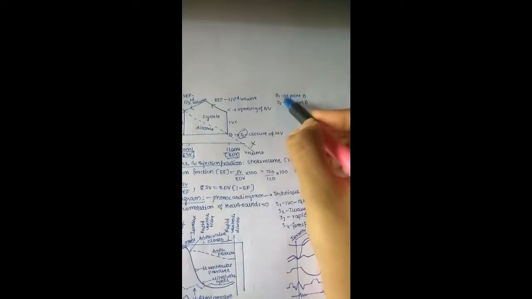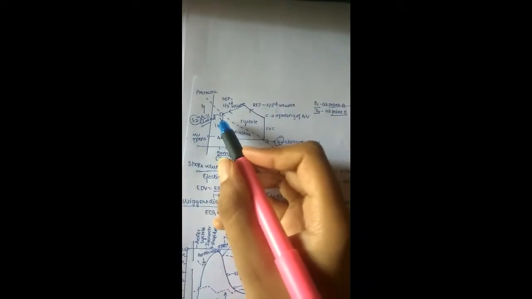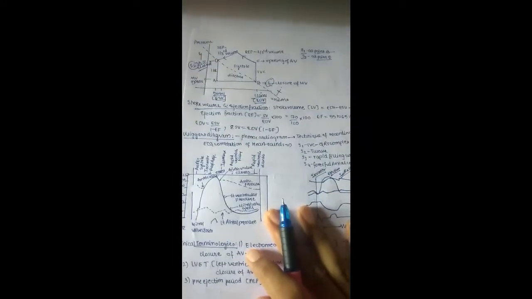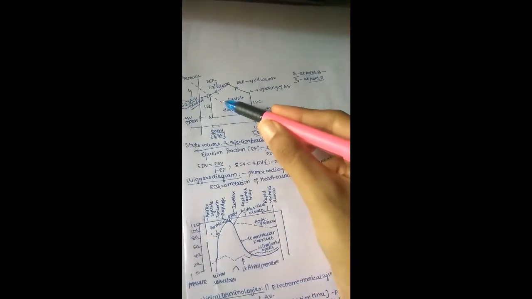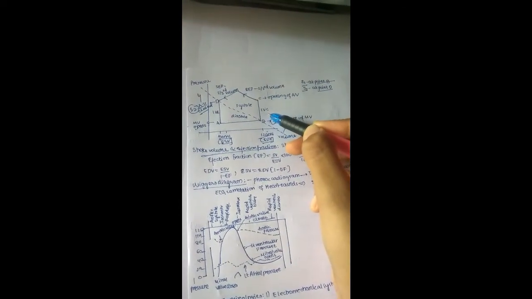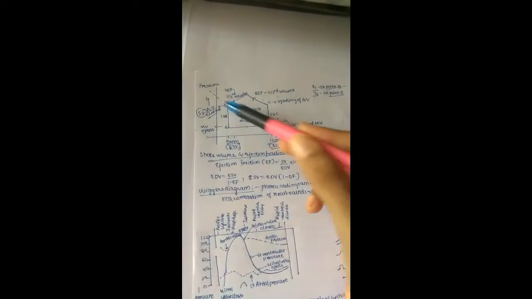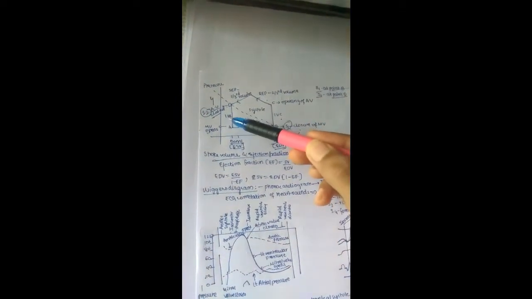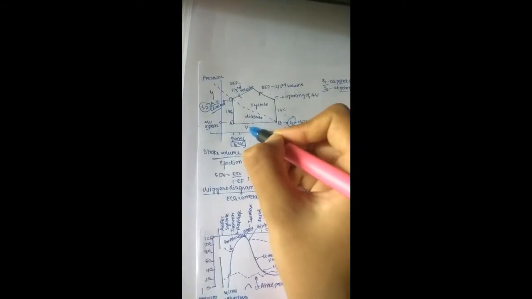Now let us see some points. S1, that is the first heart sound, is heard at point B because of closure of the mitral valve, and S2 is heard at point D because of closure of the aortic valve. So this is about our graph. It is very easy to understand. Above this division we can see systole, because we have three systolic phases: isovolumetric contraction, rapid ejection phase, and slow ejection phase. Below this you can see diastole, because here we have protodiastole and also isovolumetric relaxation. These are diastole, and also here ventricular filling.